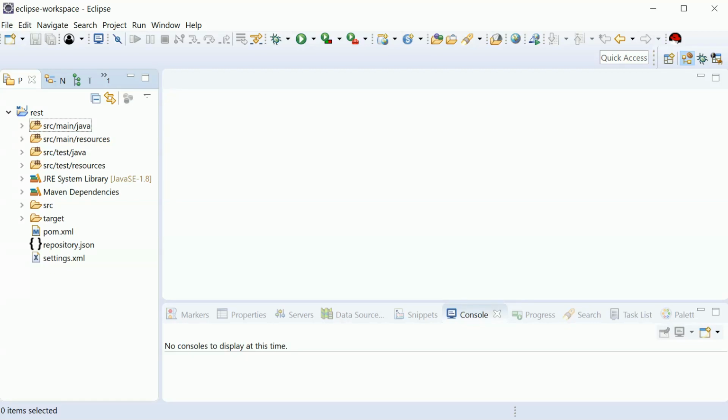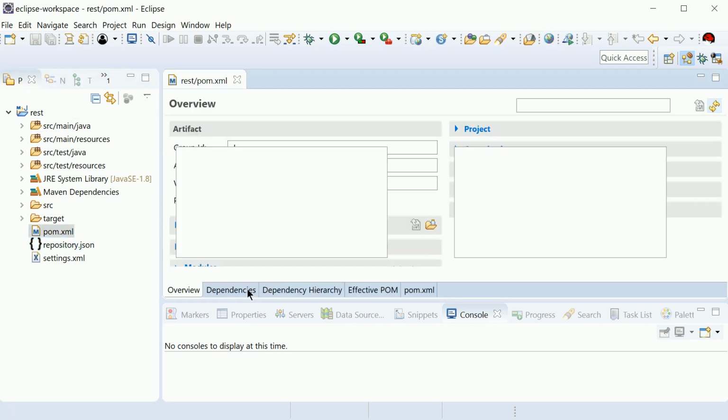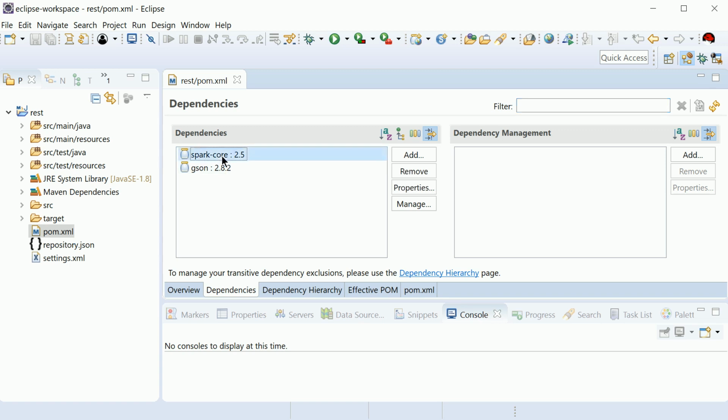Hello, in this demo we'll see how we can implement a simple RESTful API using Spark framework. I created here a Maven module with the dependencies to the Spark framework. As you may see, we are using the Spark core framework, which is